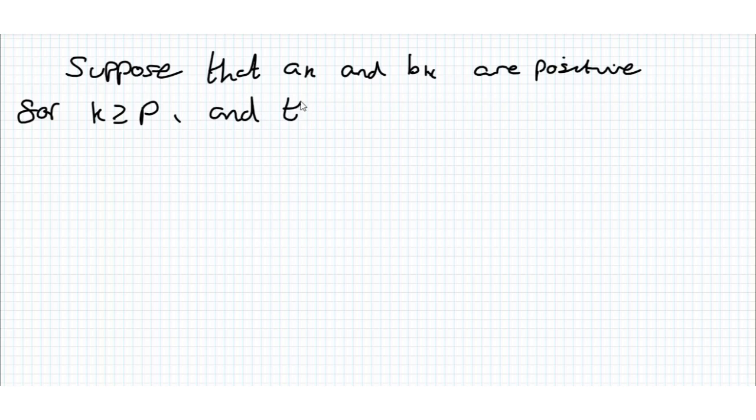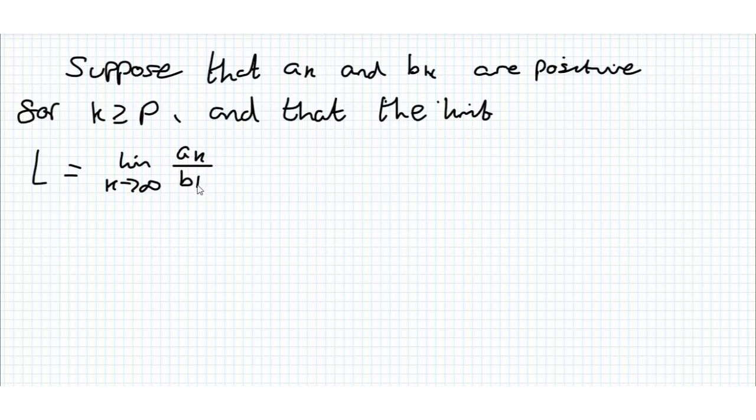When k is greater than or equal to p, and that the limit L equals the limit as k tends to infinity of ak over bk exists and is finite. So if, as k goes to infinity, ak over bk tends to some finite real number L, then